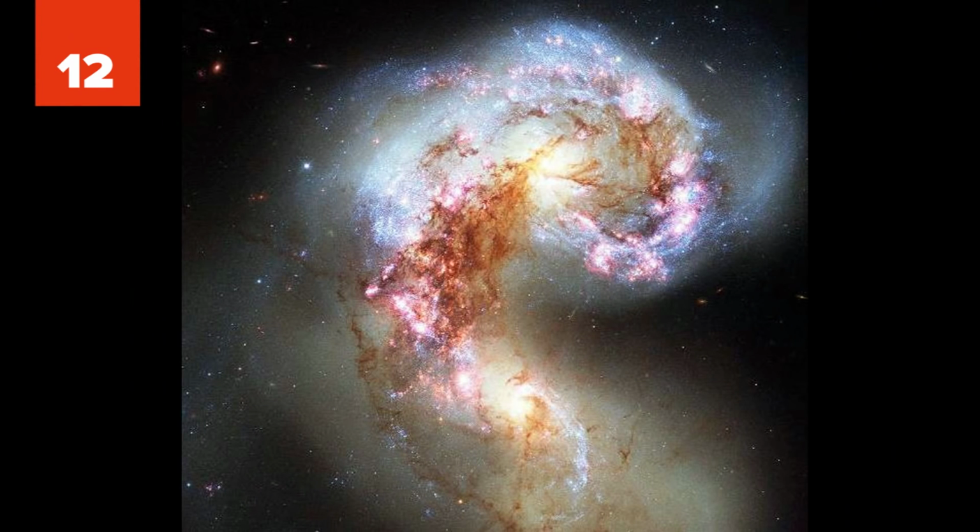12. The sharpest image of the Antennae Galaxies that has ever been taken. The galaxies, also known as NGC 4038 and NGC 4039, are locked in a deadly embrace. Once normal, sedate spiral galaxies like the Milky Way, the pair have spent the last few hundred million years sparring with one another. 11. This is a composite image of Cassiopeia A supernova remnant,